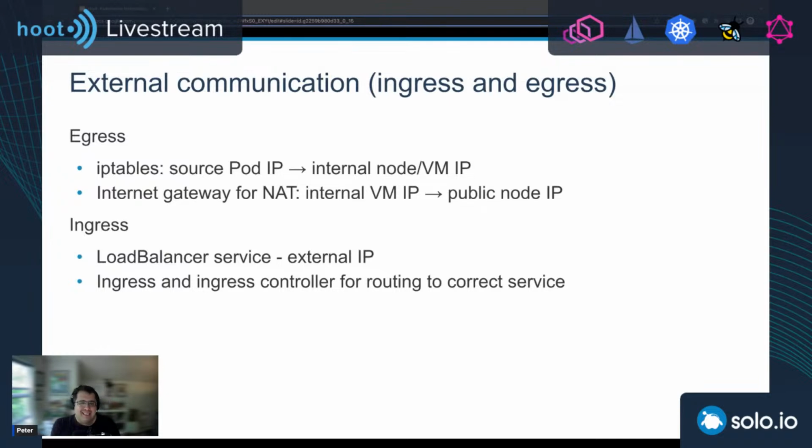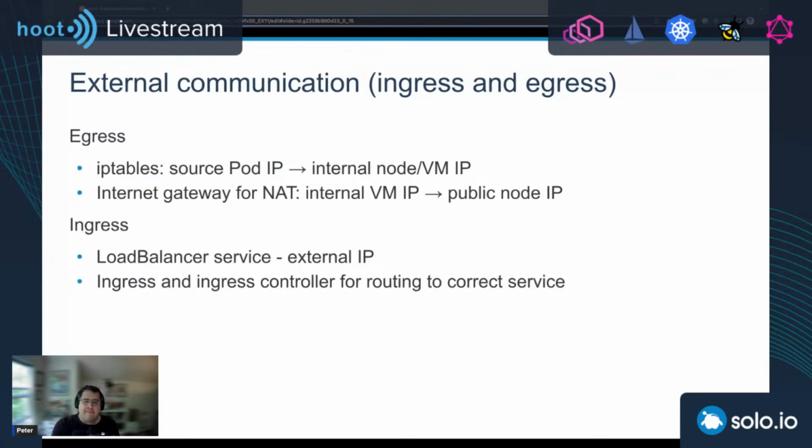Now, behind the scenes, there is a cloud provider, assuming you're running in the cloud, right? Or MetalLB, for example, if you're running on Kind. There's a specific controller that's going to go and create an actual load balancer instance in the cloud, right? And that load balancer has an external IP address, and we can use that to send traffic back to the cluster. You can hook it up to your custom domain name and so on.